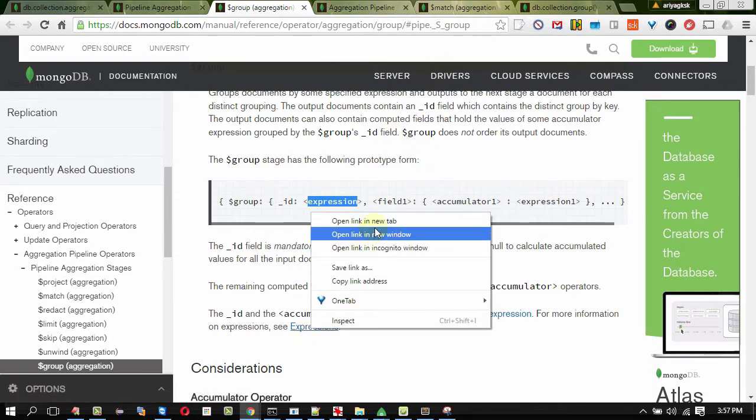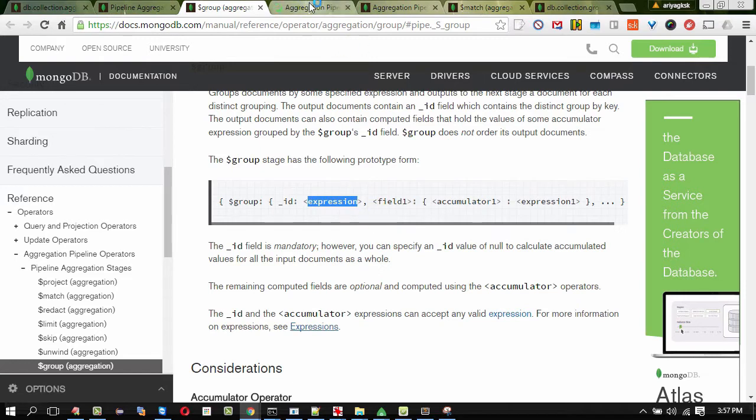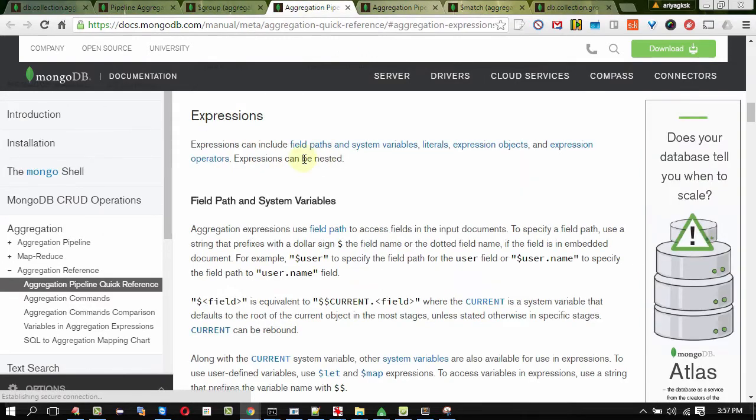Let me open the documentation page for expressions. Expressions can include field paths and system variables. To make it simple, just understand this particular section of the documentation. You can access the field names using the dollar symbol before the field name. For example, if the field name is user, you can access the field by using $user in an expression.